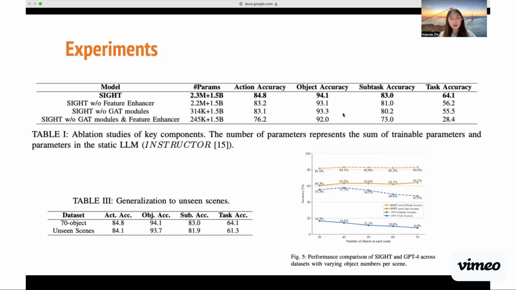I will now talk about the experiments. I've conducted 3 experiments in total. So Table 1 represents an ablation study that highlights the importance of each model component by comparing the full SIGHT model against versions with key features removed. The SIGHT without feature enhancer variant shows a decrease in task accuracy by nearly 8 percentage points, emphasizing the enhancer's role in performance. Even more critical are the JT models, as the SIGHT without JT model also sees a similar drop. Removing both features results in a drastic drop, demonstrating the essential nature of these components to the model's